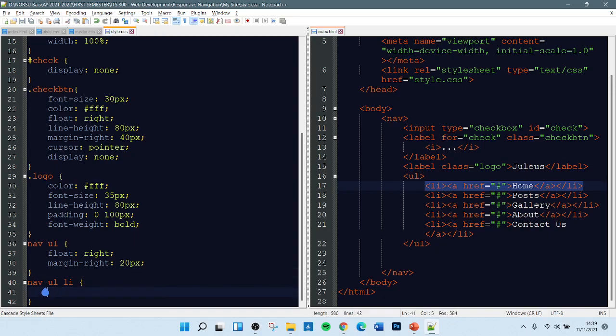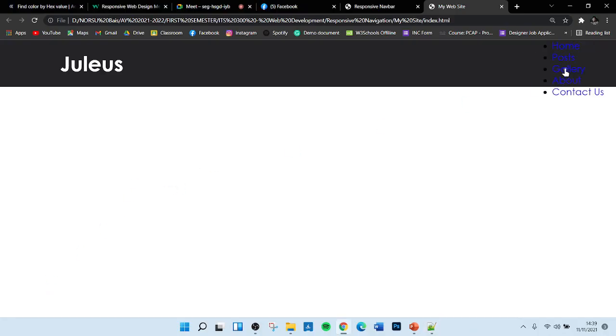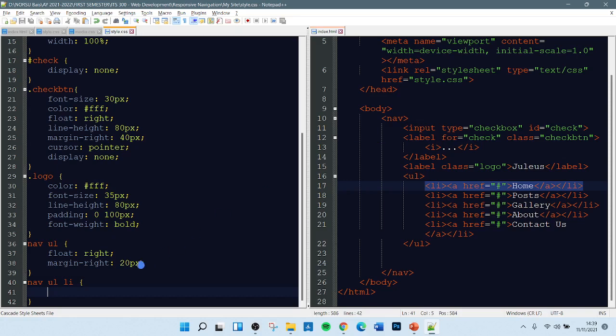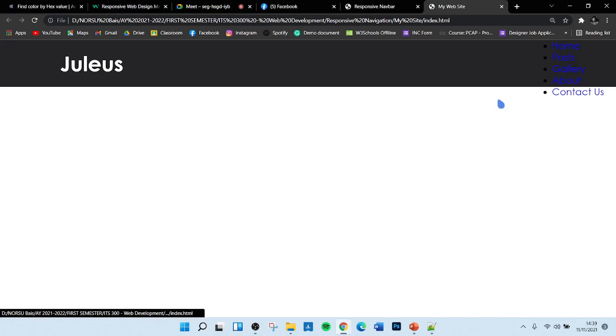So again, let me remove that. Let's save. This is how it used to look like. But using the display inline block, it will display from horizontal to vertical. Okay. Next,